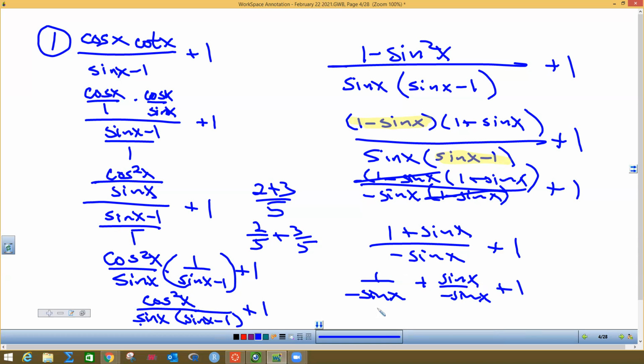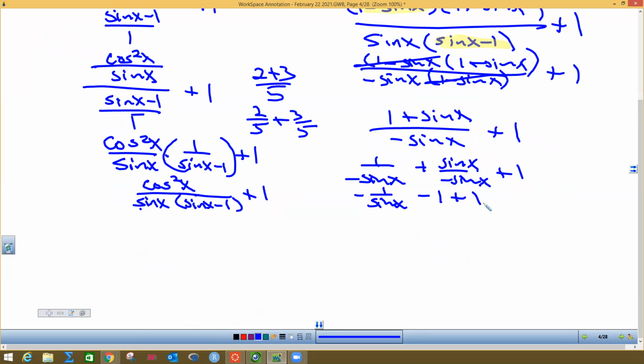Now, what's sine over negative sine give me? So this is negative 1 plus 1. What do these two things do? These cancel out, and this is a reciprocal, which would be negative cosecant x. So like I told you, these are a lot harder than the ones we did